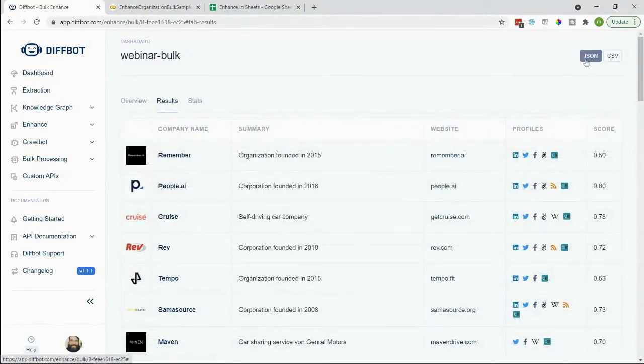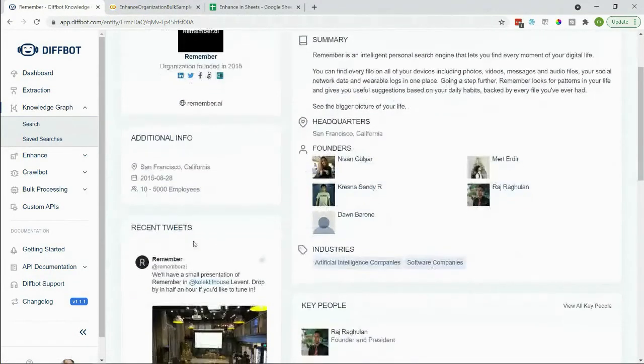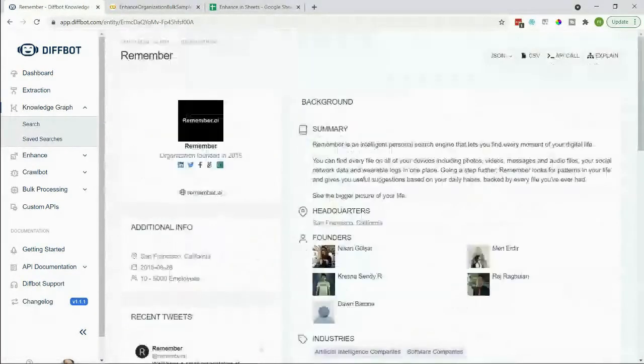These are available to download in JSON or CSV. And basically all fields available in the knowledge graph are available. If we click through to one of these results, it's basically a typical DiffBot KG organizational profile. We have firmographic data, social links, key individuals, industries, recent social media posts, technology used, articles about the company, a summary. And if you've dealt with DiffBot knowledge graph data before, you know that this is just the tip